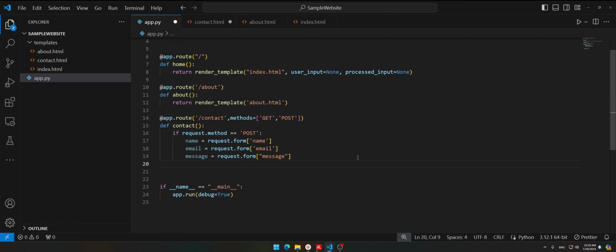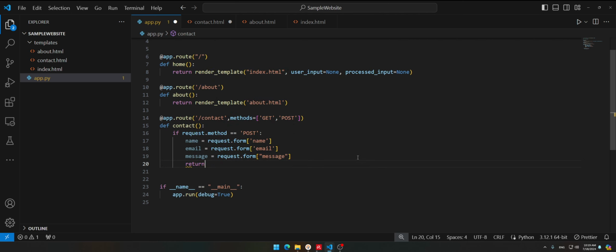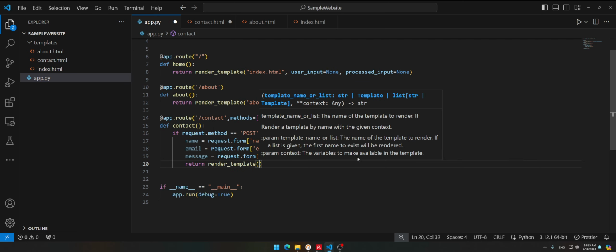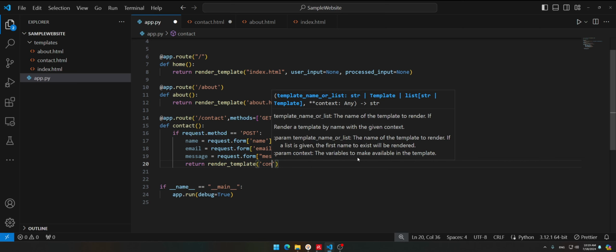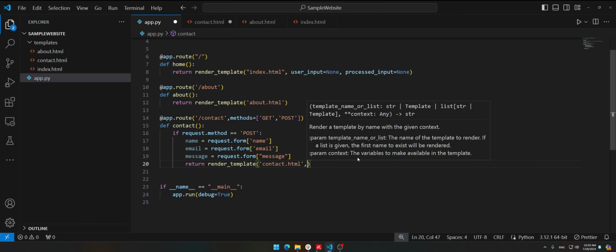Okay, so if the request was posted, I mean something posted in that page and that submit button clicked, I'm gonna return the data that I want. So I'm gonna return the template that I want, the data that I want. So I set it up: return render_template, and I'm gonna set the page to contact.html,